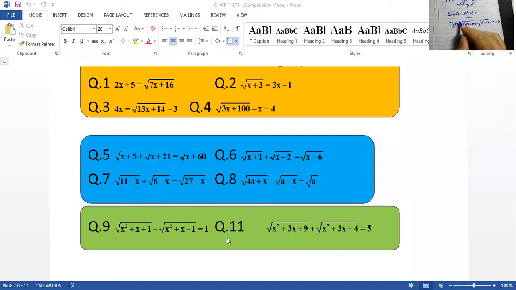So this type of equations we are going to discuss, and you can see that the last questions number 9, 10 and 11 are similar to these type of equations. I am going to tell you the procedure that will be followed to solve these type of questions. So it is the third type or the last type of questions for this exercise.